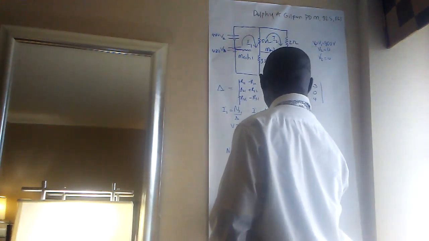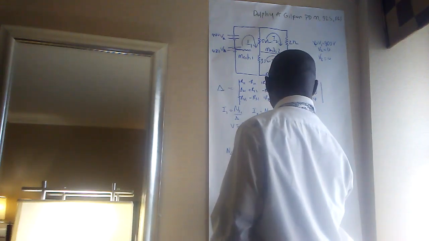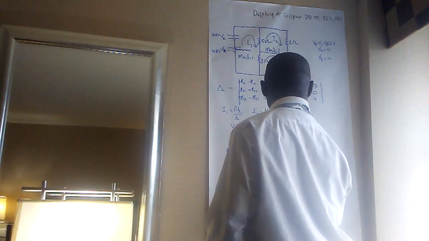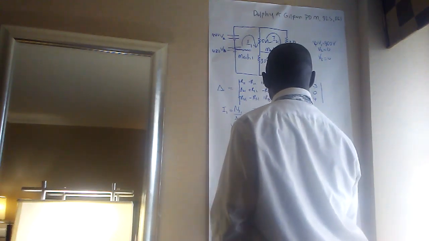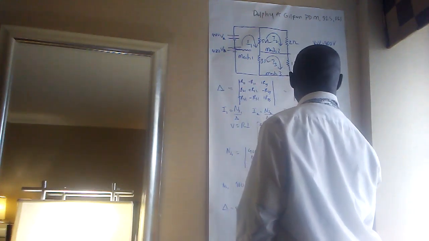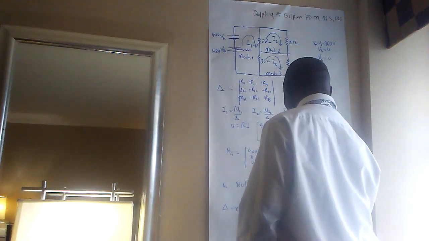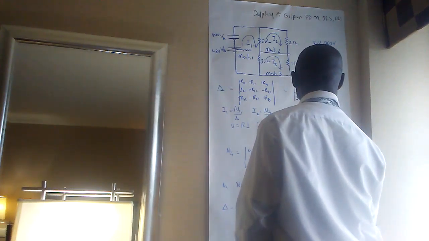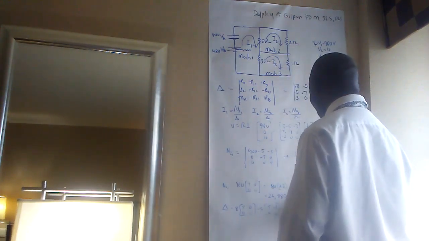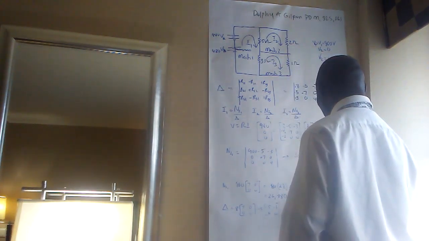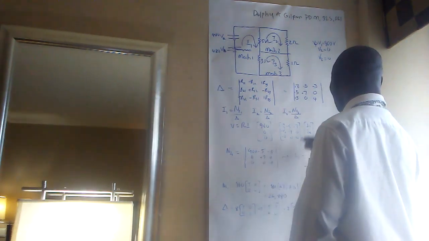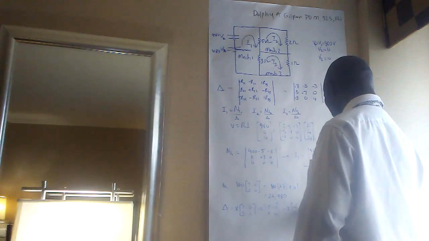We say delta is equal now to 8 into 7004, minus 5 into minus 5, 4, minus 3, 0, minus 3 into minus 5, minus 3, 7 and 0,